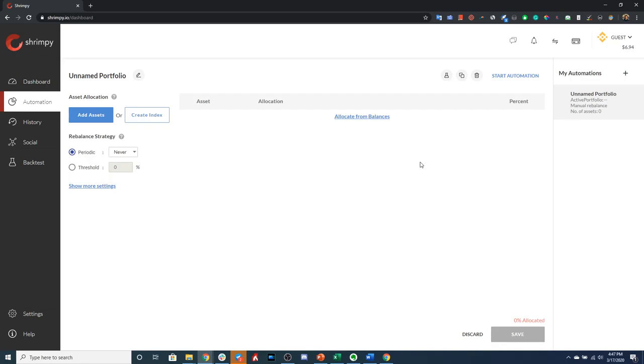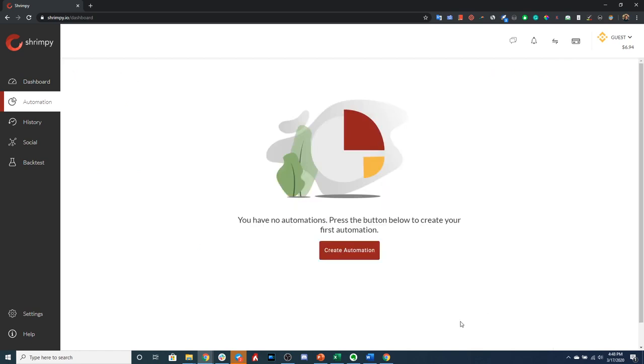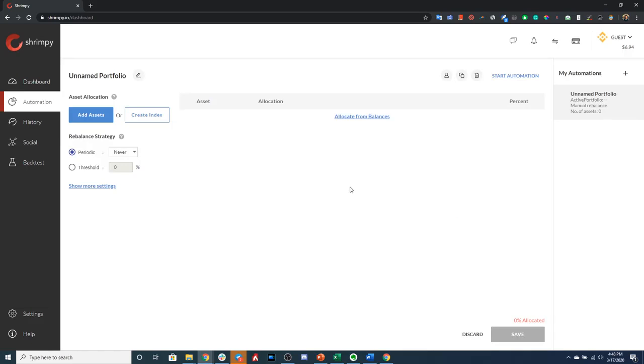If you just want to begin automating the assets that you currently have on the portfolio, one thing that you can do is select Allocate from Balances. This will instantly go to your exchange account. It will collect your balances for each asset. It will calculate the percentage of each asset that you have on the exchange, and it will allocate these assets here. So you can either go ahead and save that,